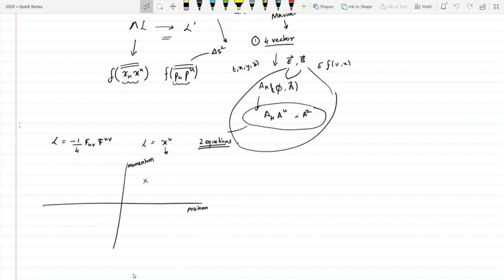Because in quantum mechanics, momentum and position themselves become matrices, right? They're operators. When you say operator, you think matrix. So if position and momentum themselves are matrices, how then can you talk about position and momentum simultaneously? And when you try to answer this question, that's where Heisenberg's uncertainty principle comes from, that it's impossible to